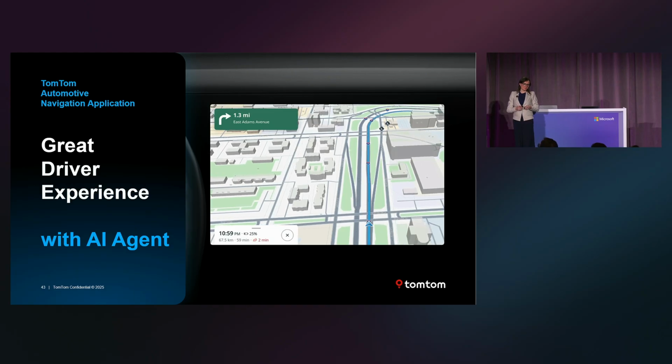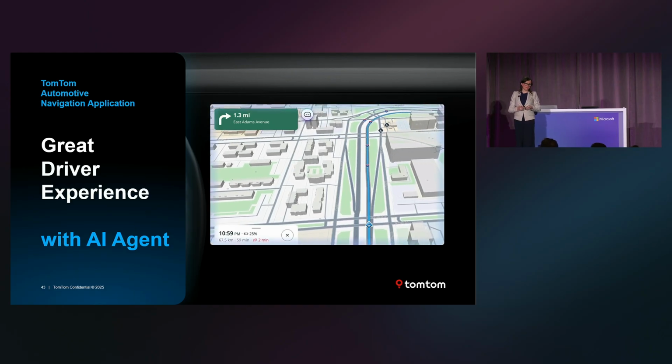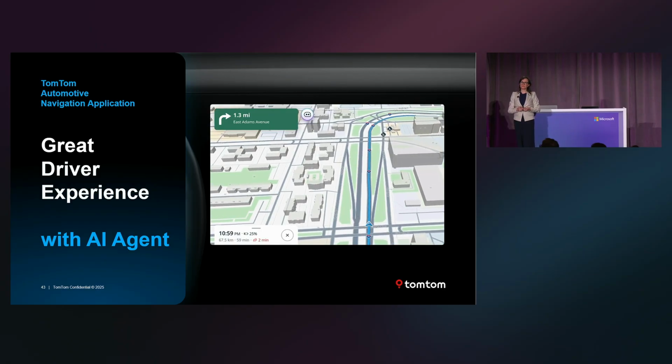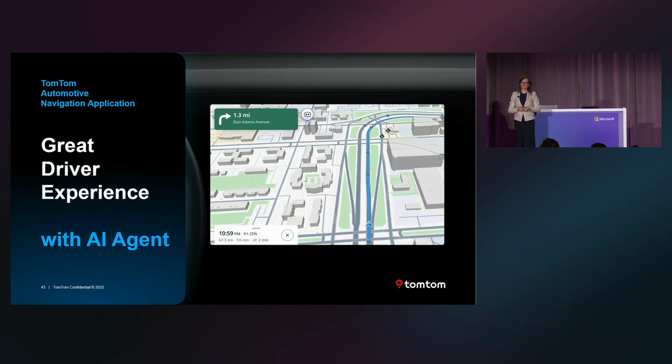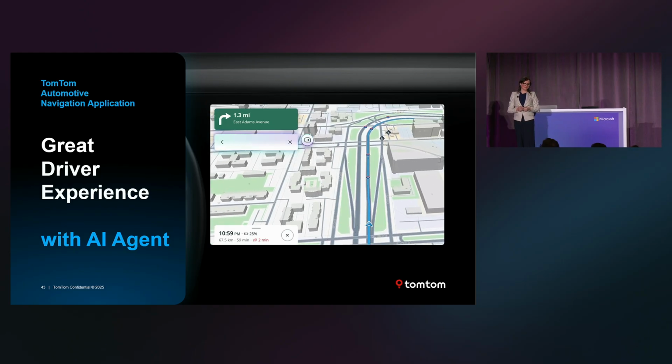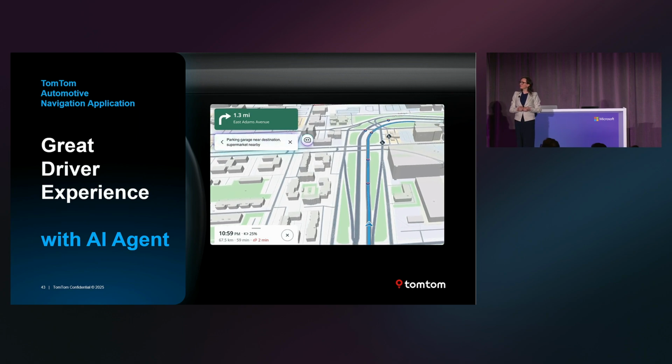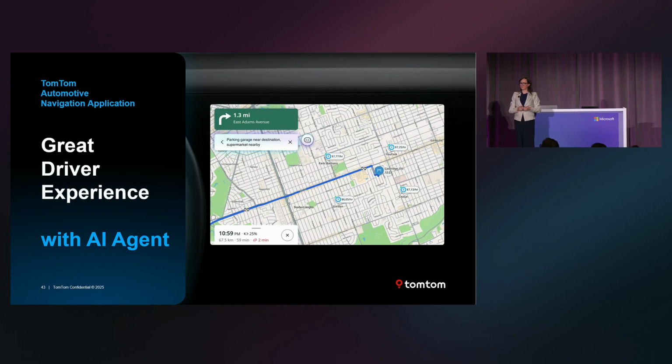Hey Taya, can you find a parking garage near my destination and a supermarket close by there? Absolutely, looking for some parking garages near the destination and a supermarket nearby. Let's start with the parking garage. I found 4 close to the destination. UPark is the closest. Should we go there? Can you show a couple more in the area and show me the cheaper options?